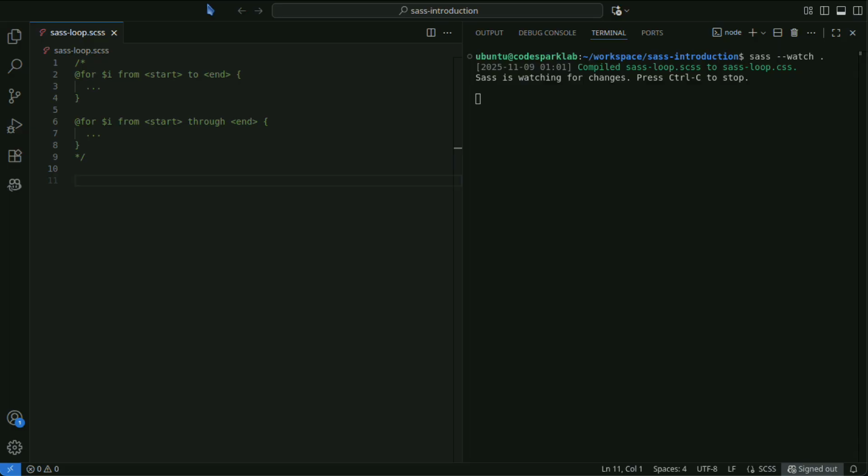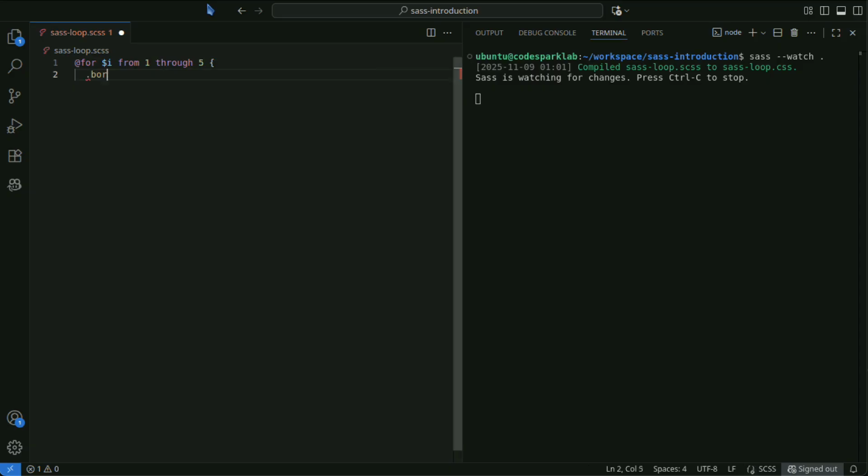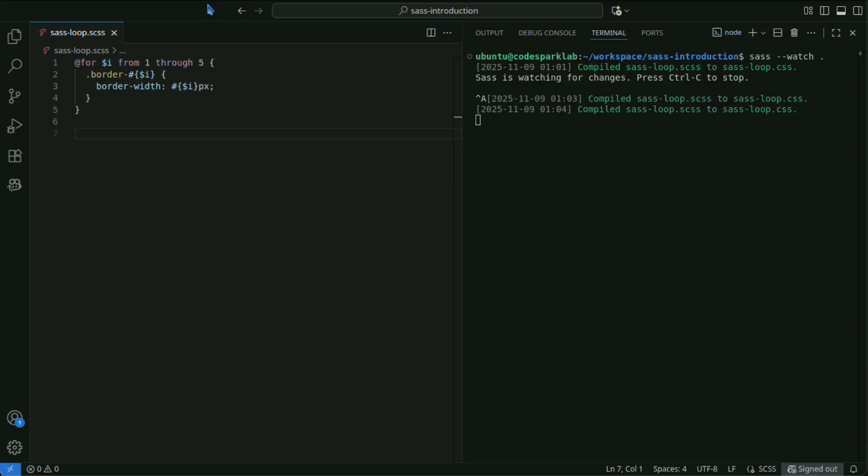The following code automatically generates classes with increasing border widths by 1 px each. This code automatically generates classes for border thicknesses increasing by 1 px each.